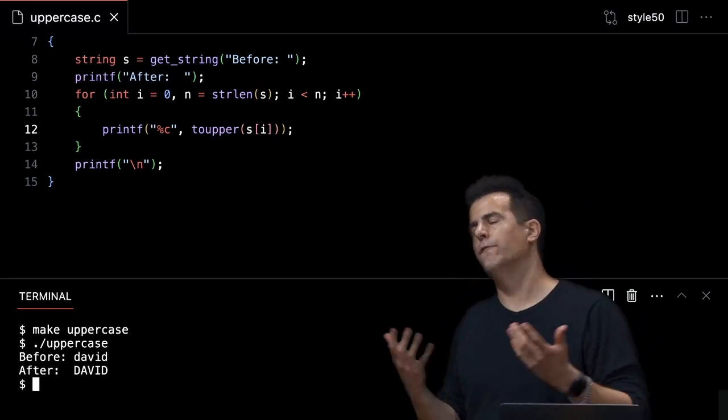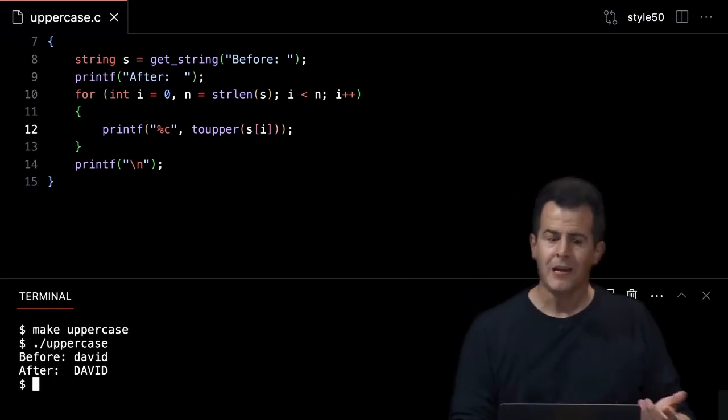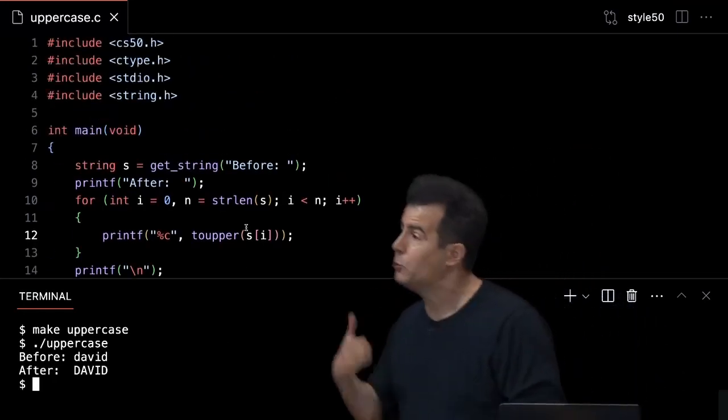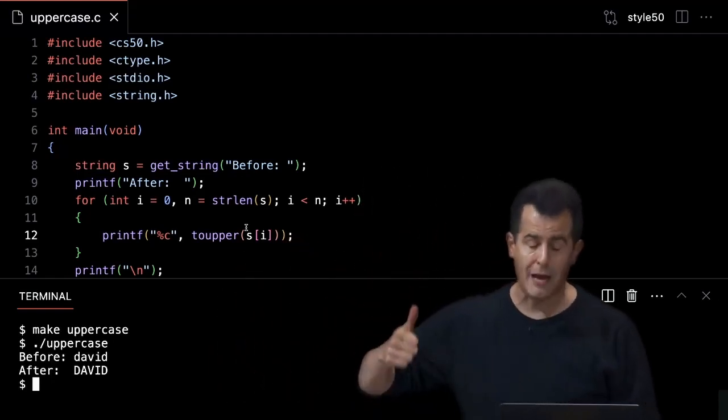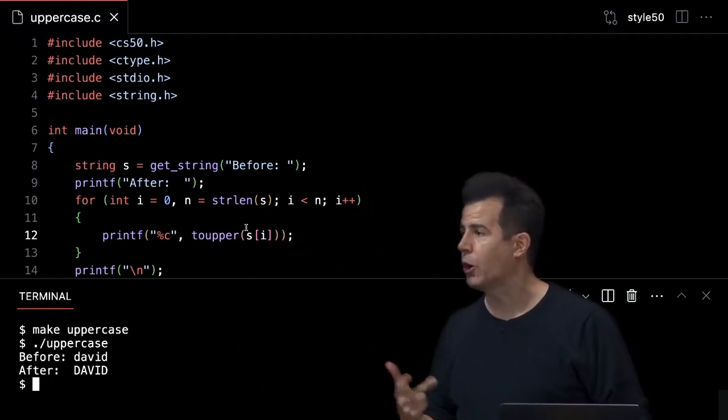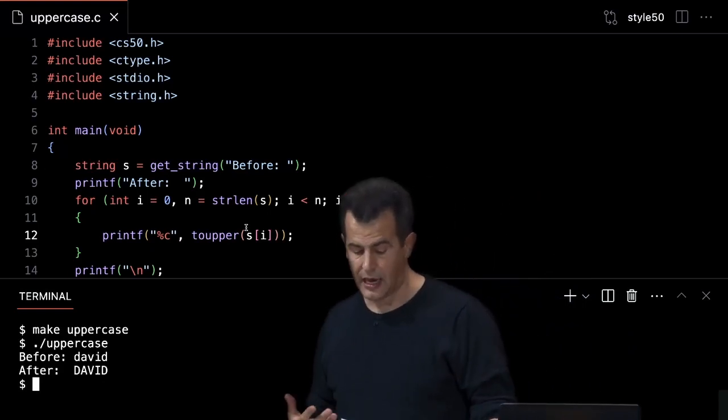And now things are getting kind of fun. I mean, these are mundane tasks, admittedly, but at least I'm standing on the shoulders of smart people who came before me, who implemented the string library, the ctype library, heck, even the CS50 library, so I don't need to reinvent any of those wheels. Questions on any of these library techniques? It's all still arrays, it's all still strings and chars, but now we're leveraging libraries to solve some of our problems for us. All right, so let's come full circle to where we began, wherein I mentioned that some programs include support for command line arguments.